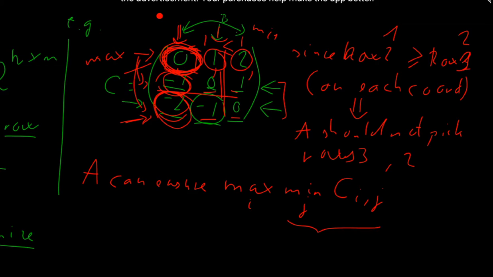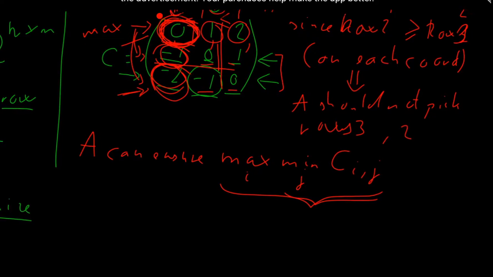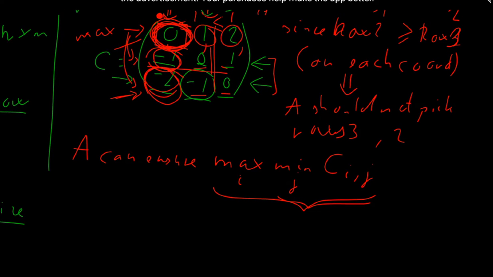And then it means that if player A chooses the best row amongst these, then player A will ensure that the game's value is either this or even larger. That's what I mean by ensuring something. And usually B can always ensure,